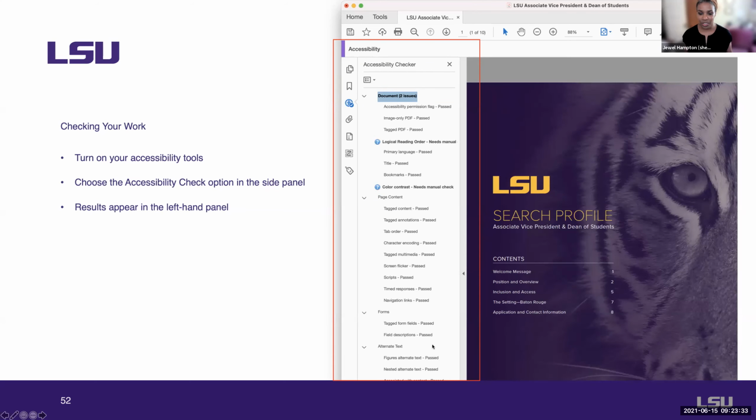This is ideally what it's going to look like when you run a check, you've done all of your work in InDesign, and all of the document passes the check. You'll notice that even if you do everything correct in InDesign, there's going to be 2 items that you have to check manually. The computer cannot tell you whether or not your document is logical. So you need to go through and make sure that that reading order that Marcus showed you is flowing accurately